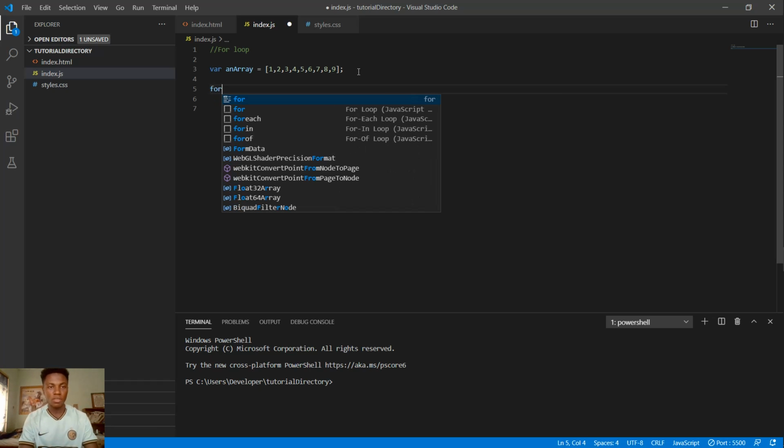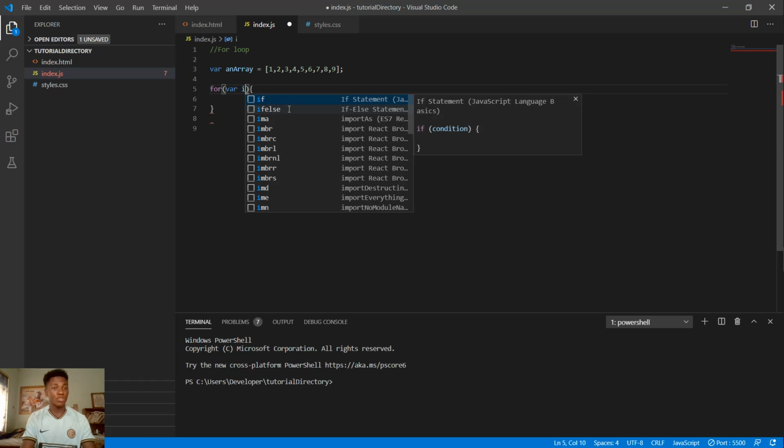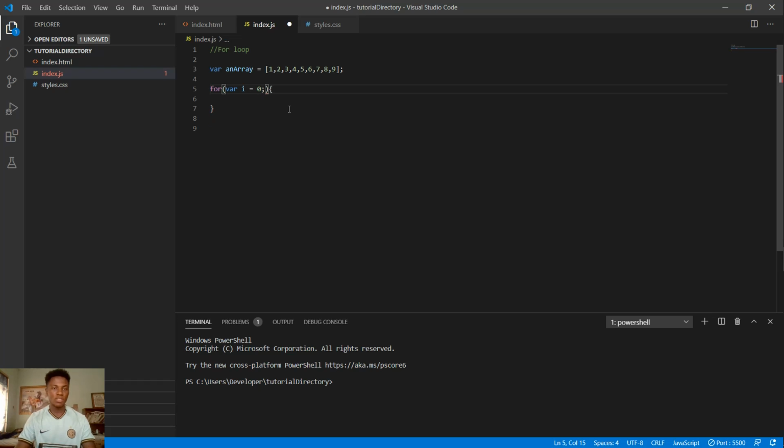So this is what a for loop looks like. It starts with for, you can see "for", then a bracket like this. So the first thing you do is give a starting value. Let's say, I don't know, we usually just use i as a starting variable. You can use anything, but you create a variable and you start that variable on